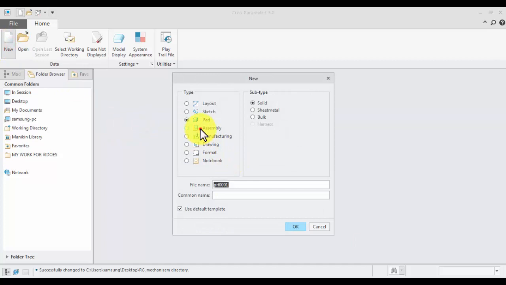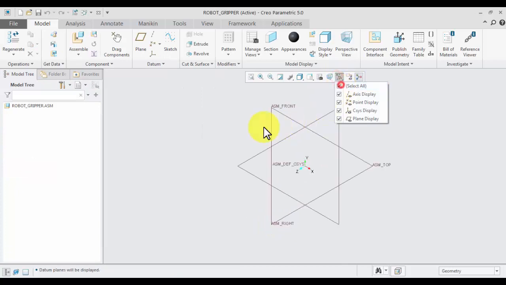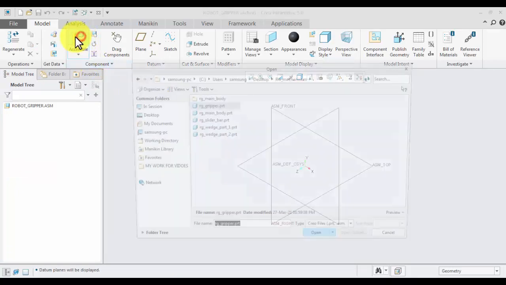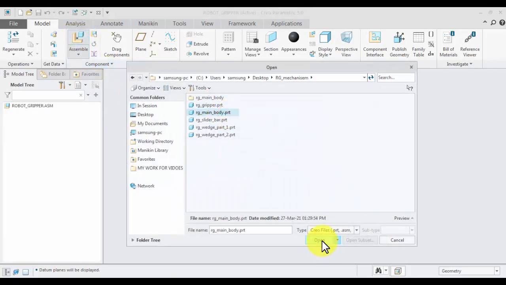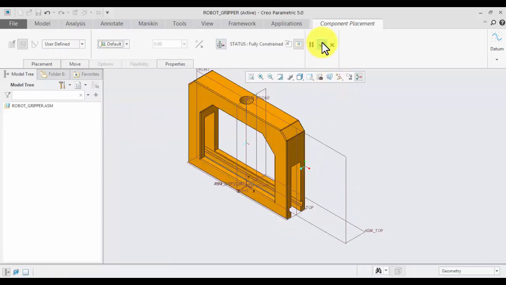New assembly, robot gripper. Okay, select a template. Okay, plane on, call the first part main body. Okay, and set as default. Okay,